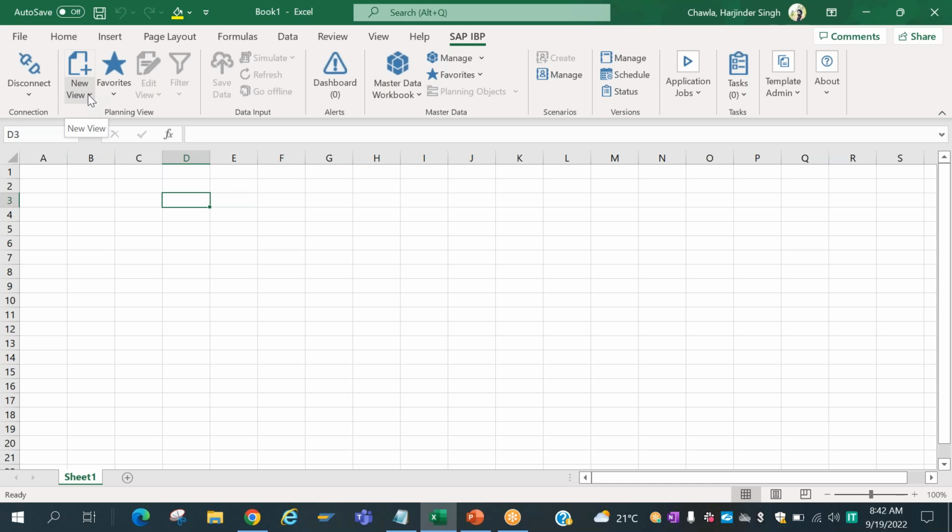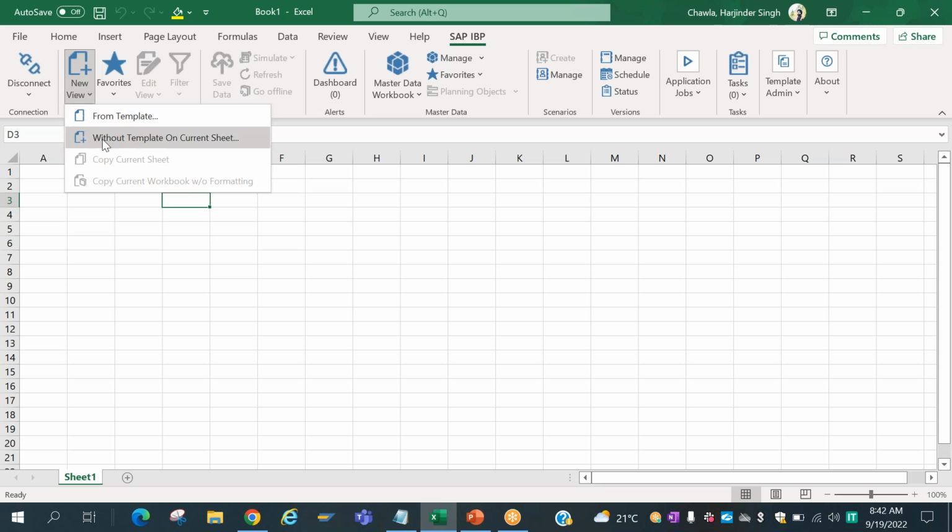So let's say I want to view some data. I'll go here and I'll have two choices: I can do it from a template, or I can do it without a template. The data will show me the same whether I do it from a template or without. The difference is that if I have a dedicated template, for example with a logo in it and some colorful headings with separate colors for the rest of the stuff,